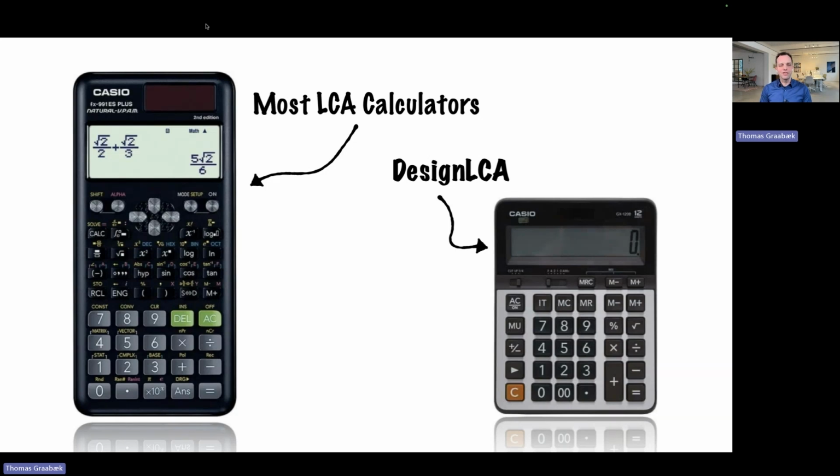Sometimes you want to have a lot of different knobs to turn, and you want to be able to calculate even though there's no 3D model, or calculate even though there's no EPDs with CO2 values from the companies producing the materials. And we've chosen to make a very simple LCA calculator that only calculates on what you model in Archicad. And it's very close to the way that these LCA calculations are set up in different European countries.